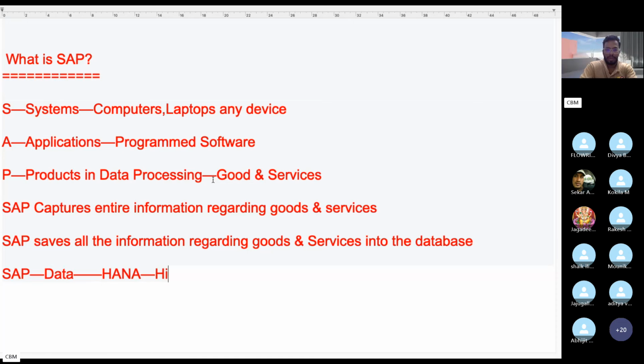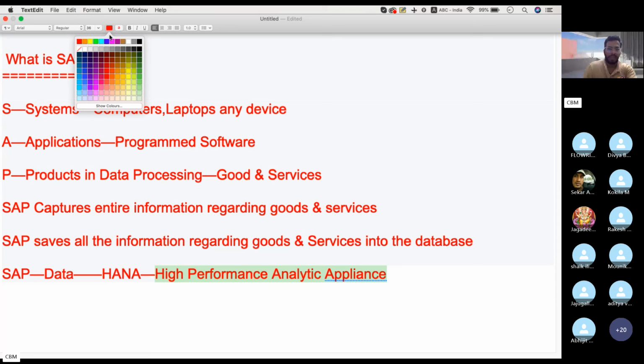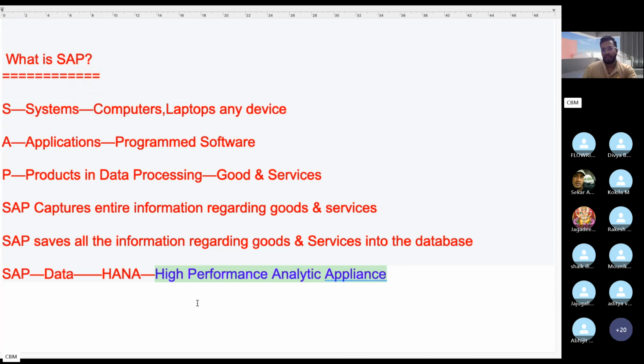HANA stands for high performance analytic appliance. HANA is a database in SAP S4HANA. In this database we will store all the goods and services in one place. We will maintain the database because we need to store the information regarding the goods and services, and we will process it